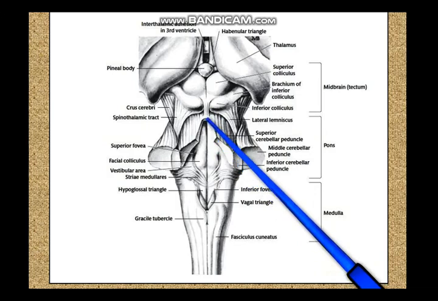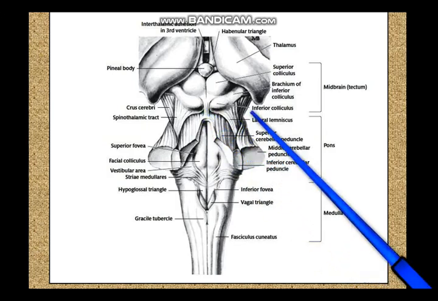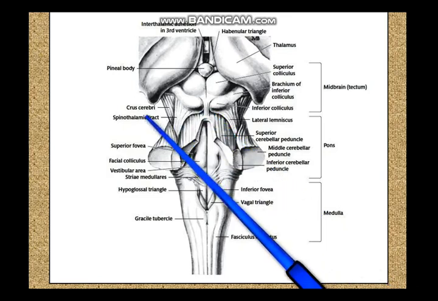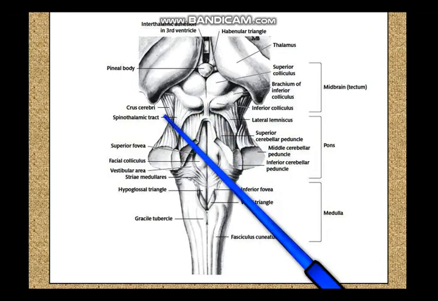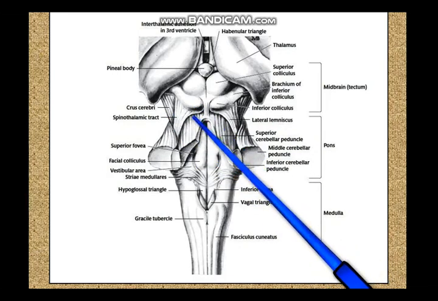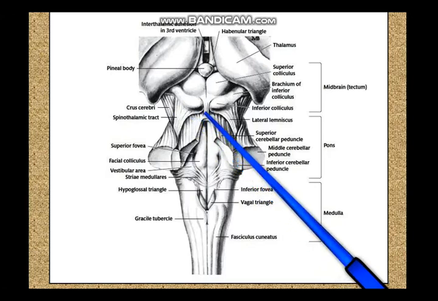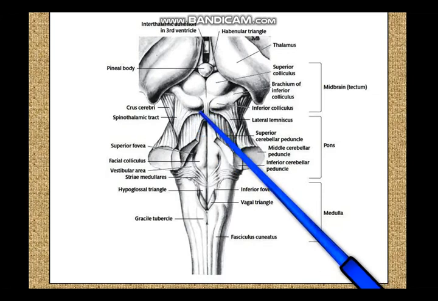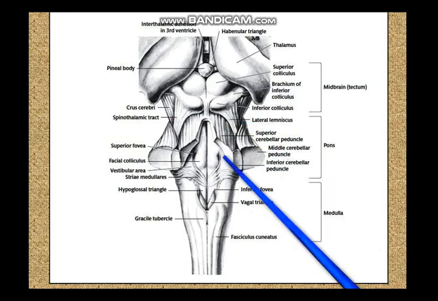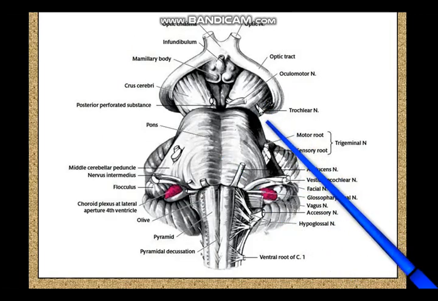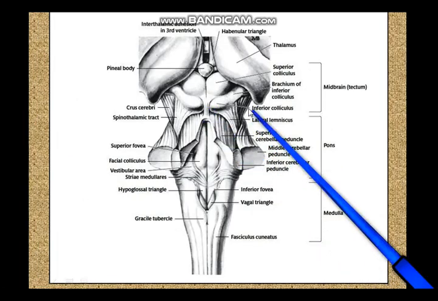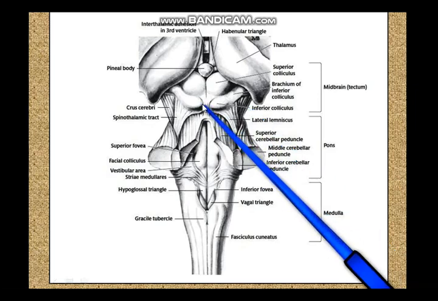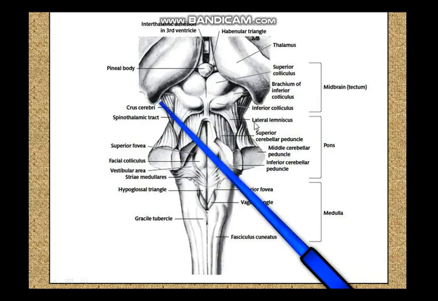It's called the frenulum of the superior medullary velum, and it is from here actually that you have the trochlear nerve. The trochlear nerve decussates and goes to the opposite side. So although you have not drawn the trochlear nerve here, the trochlear nerve is exiting the brain from this point through the superior medullary velum and by the sides of the frenulum veli. So from here, although you cannot see them, you expect to see the trochlear nerves here, because in the previous picture you could see the trochlear nerve coming from the back side of the brainstem. So when you are actually looking at the posterior surface of the brainstem, you expect to see the trochlear nerves, but they are curling around this crus cerebri and going to the anterior surface.